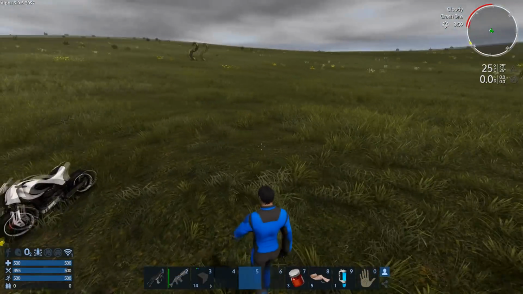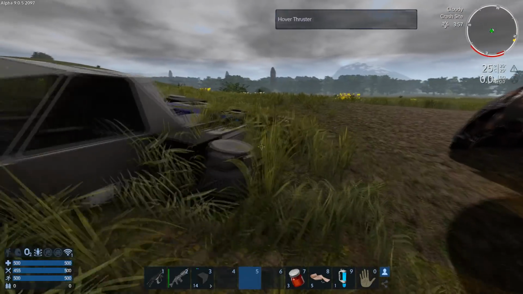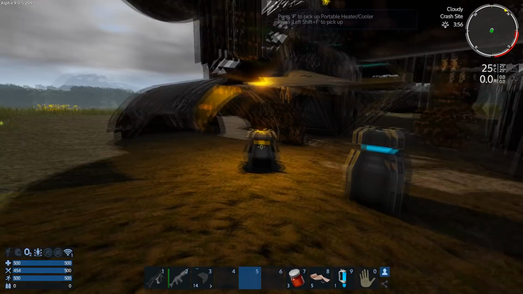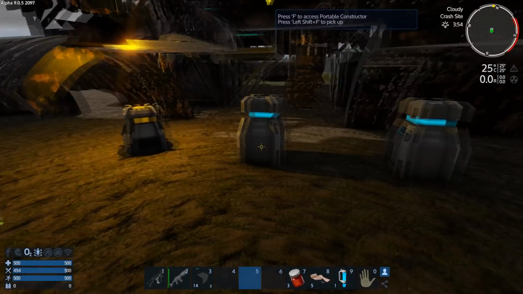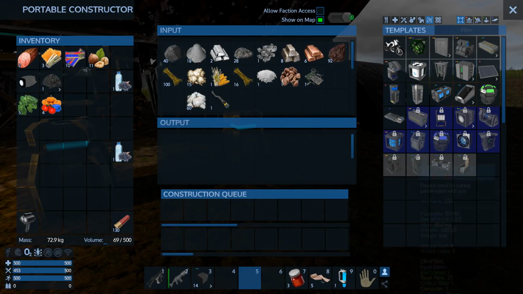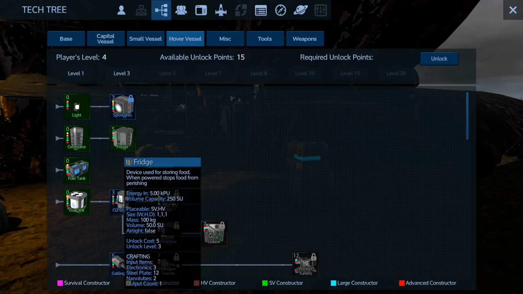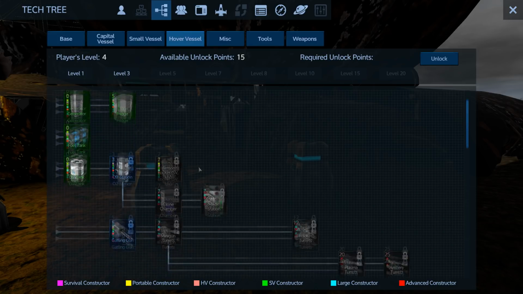Right. The next thing I really want is, now I know that this is working and we've got the ability to store stuff in it, I certainly want the fridge. Will you make me a fridge? But one for... Did I unlock the fridge in the hover vehicle? Yeah. Ah, I can't make it without the...